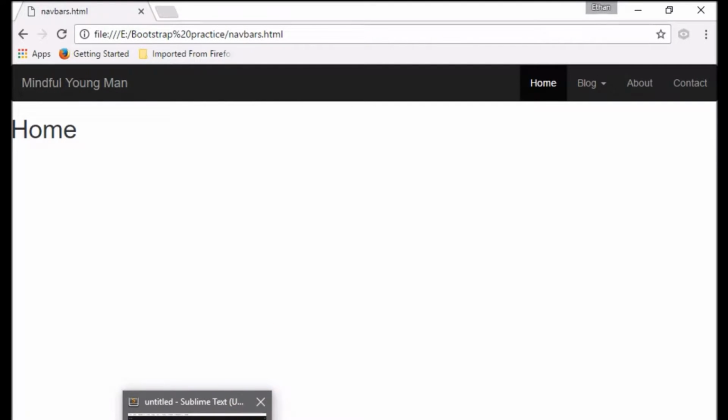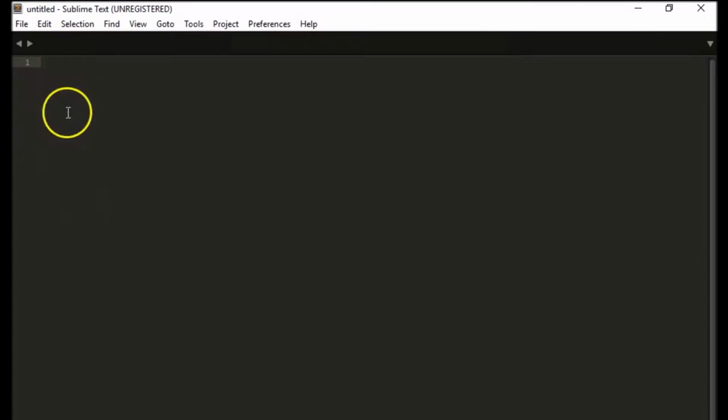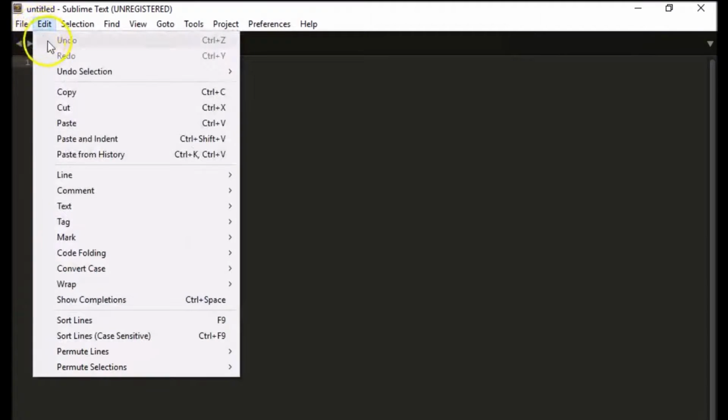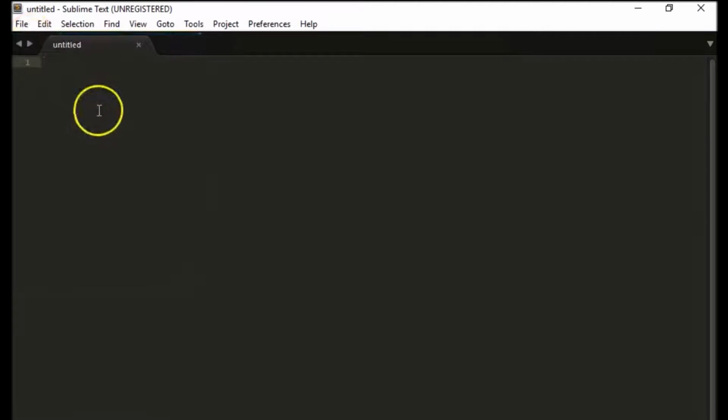To start out, you're going to need a text editor. I like to use Sublime Text for mine. And what you're going to do is create a new file. And then once you have created your new file, you're going to